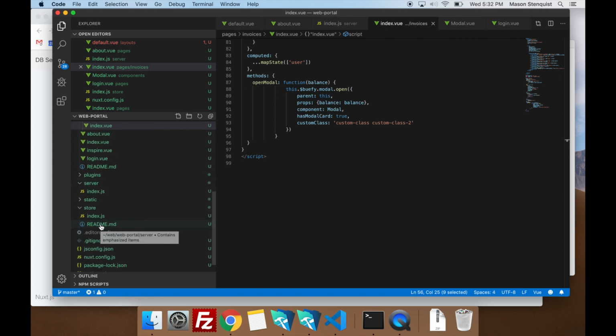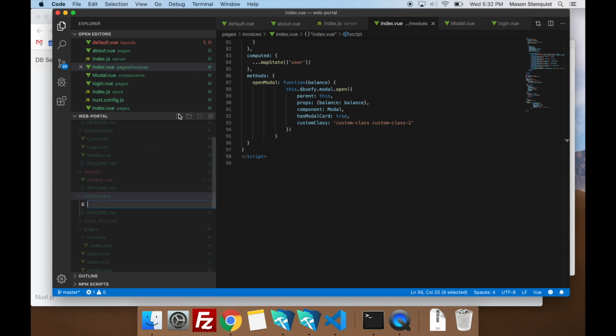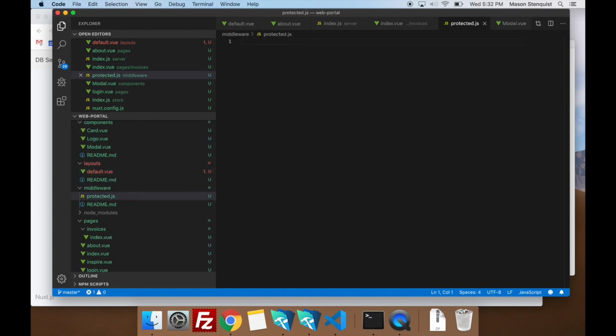So we will just go to our middleware folder. We'll make a protected.js file. And inside the middleware, you have access to the context object that Nuxt makes available to you. That basically means we have access to the state, the app, kind of everything you need.